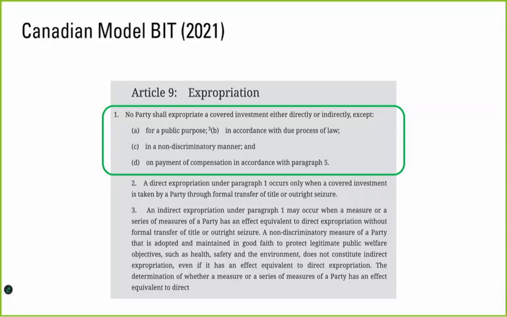And then you need to pay compensation. And compensation has to be prompt, adequate, and effective. Now, prompt: it has to be quick. It doesn't mean that you need to pay immediately, but there has to be a timeline agreed upon, not that I will pay you in 25 years. It has to be adequate. Usually it's the fair market value of the investment before the expropriation is announced, because after, the value drops. And usually you have all sorts of rules about how you determine the adequate compensation. Usually in arbitration you have experts coming in that make all those calculations. And it has to be effective, meaning that it has to be in